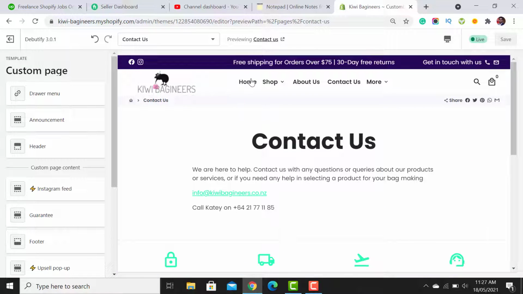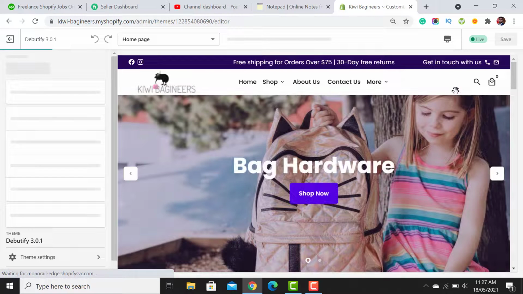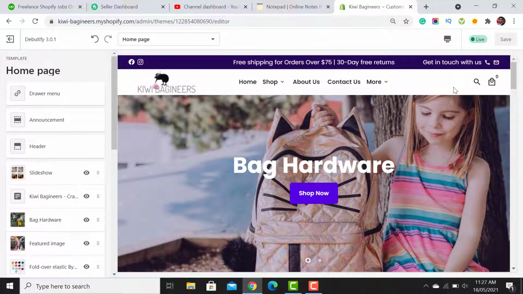Okay, so it's the quick tutorial of how you are able to customize your Debutify latest theme